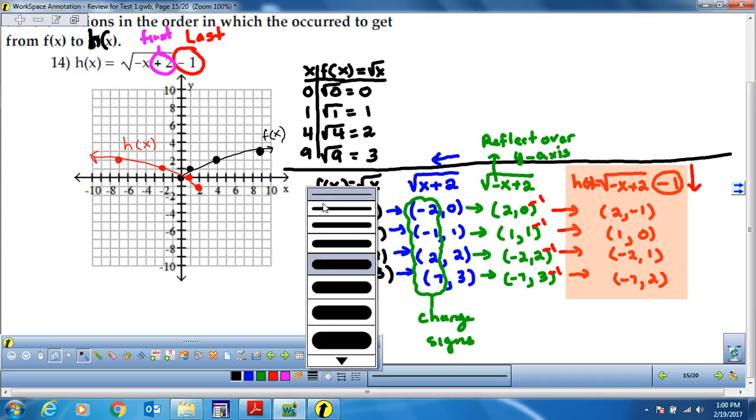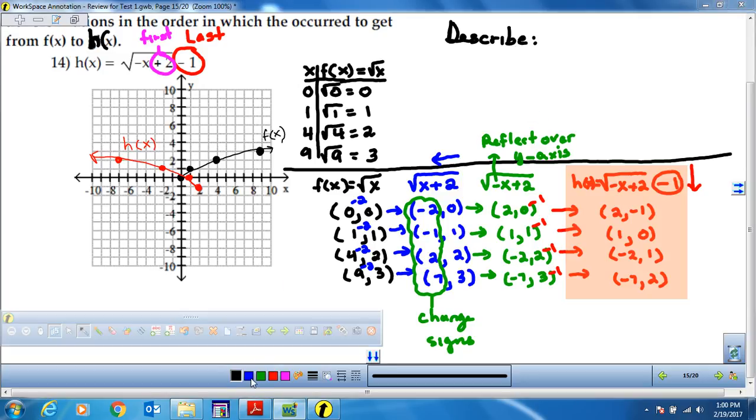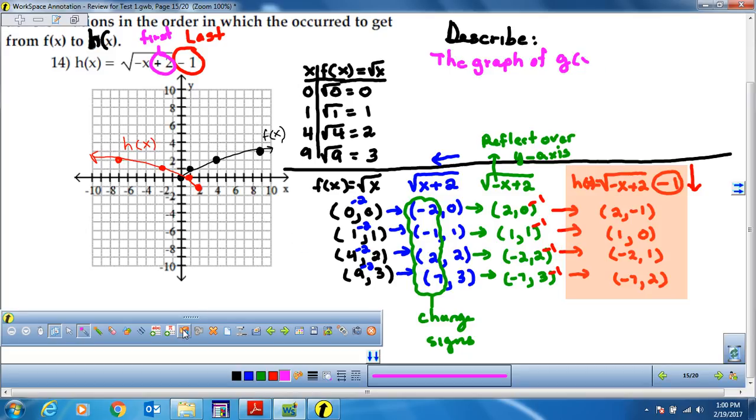So, to finish this problem, now we need to describe how the graphs are related. So make sure you use complete sentences. Now, if you use the words that the definitions use, it is going to be very simple to do. All we have to say is this: the graph of g of x. Well, not g of x. This one is h of x, correct? So we're going to say the graph of h of x is